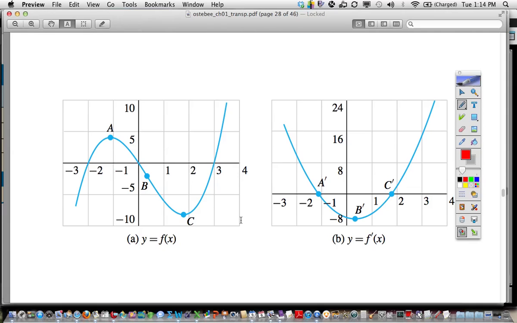On page 58, the top of page 58, it talks about something called a global max and min. Now, a local max and min, local means in a very small region, global means in a very large region. So a local max min, well, very simply put, you could have